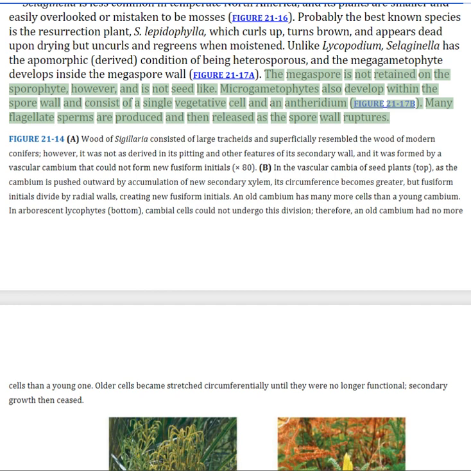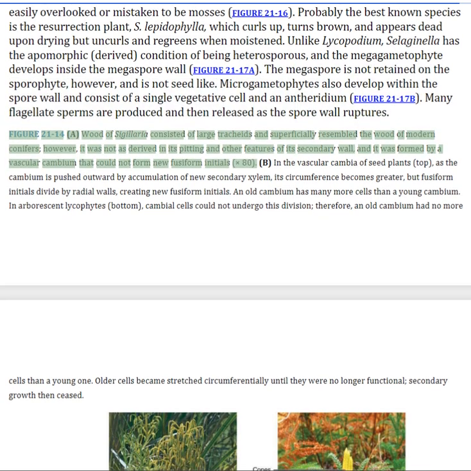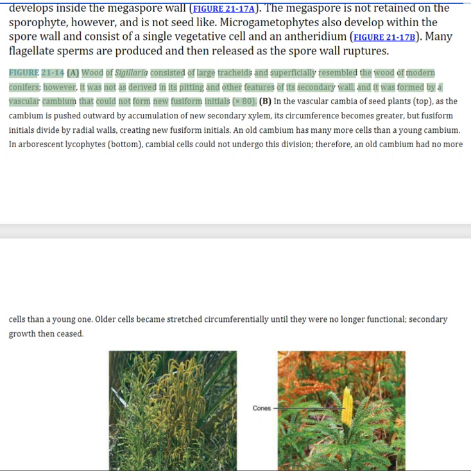Microgametophytes also develop within the spore wall and consist of a single vegetative cell and an antheridium. Many flagellate sperms are produced and then released as the spore wall ruptures. Figure 21-14: Wood of Sigillaria consisted of large tracheids and superficially resembled the wood of modern conifers. However, it was not as derived in its pitting and other features of its secondary